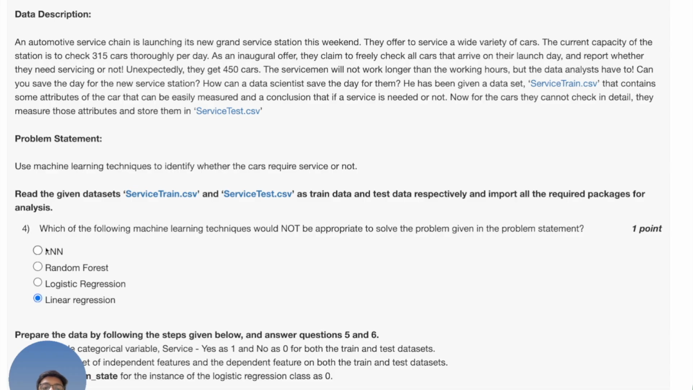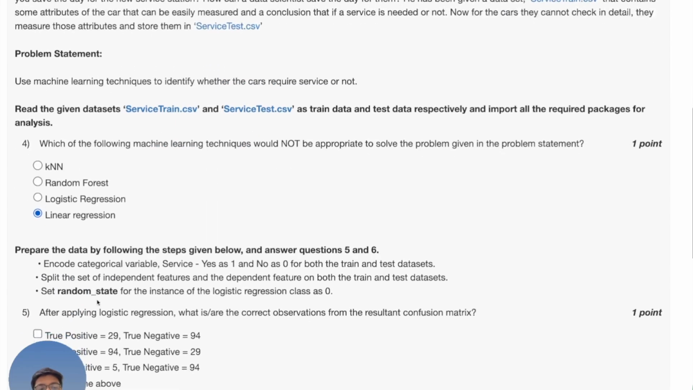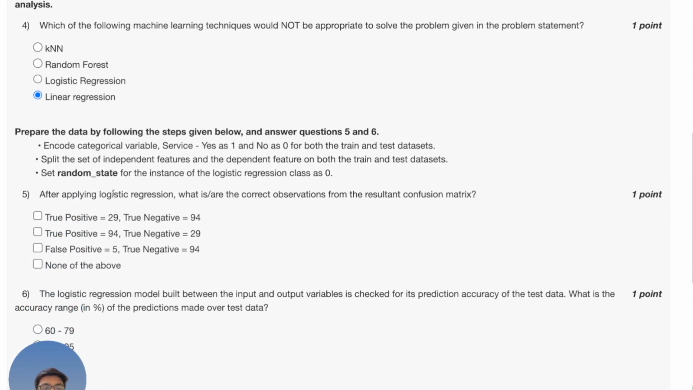We cannot classify this particular problem into a linear regression type of thing, because we just need not find the sales and the like. We just need to classify whether the car may require service or may not require servicing. So all three of them will give an answer that yes, it's requiring a service, or it's not requiring any kind of service. And this one will not. This one will give us a graph that yes, the sales is going likewise. So considering this is the answer, prepare the data with the following steps given below and answer questions 5